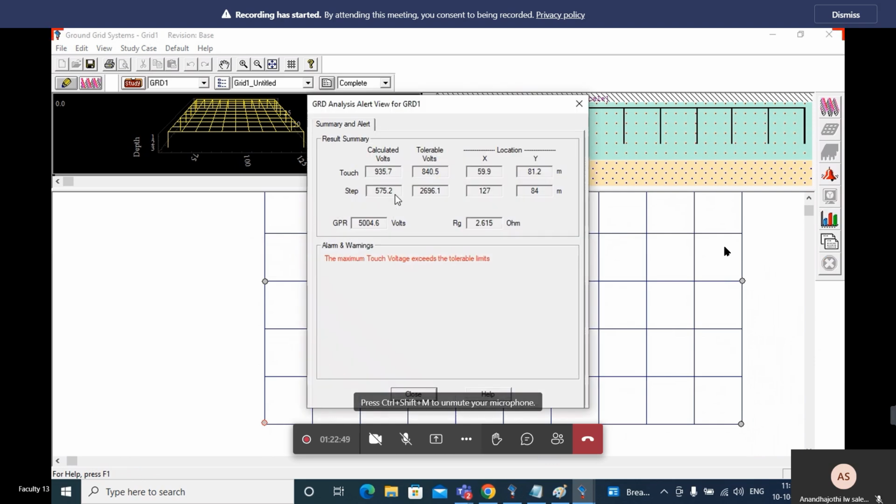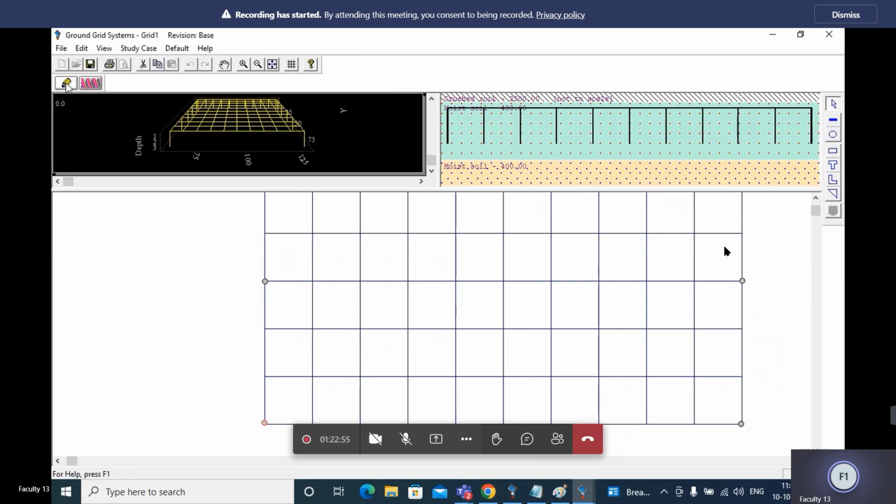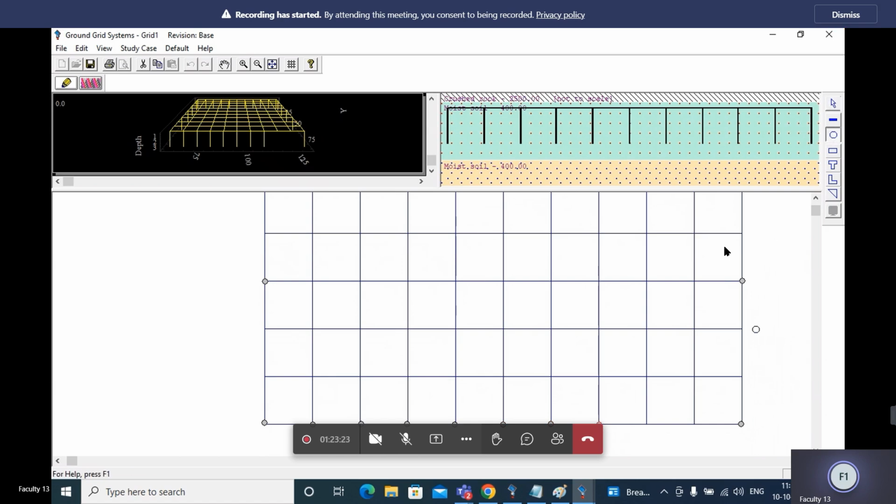Line 35. After assigning the outer side, after that include the inner side also. Okay.